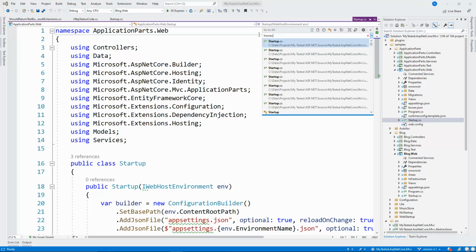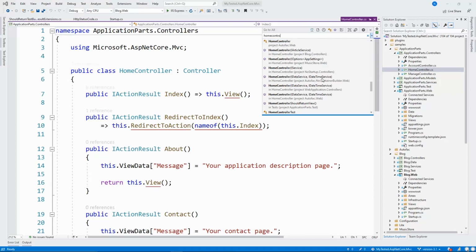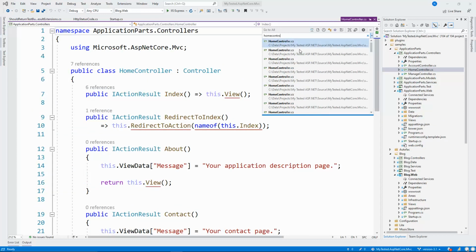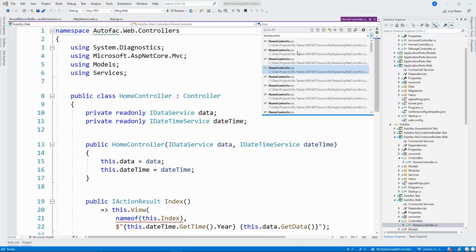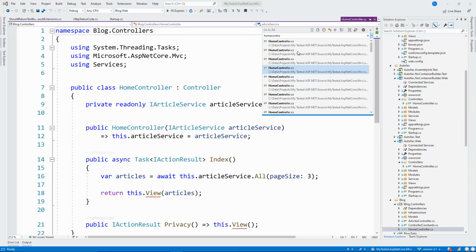For example, home controller, and it will show me all home controllers in my solution. And if I try to find the home controller I'm searching for, Visual Studio will show a preview of the file, but it will not open it